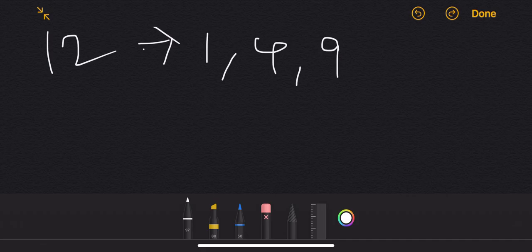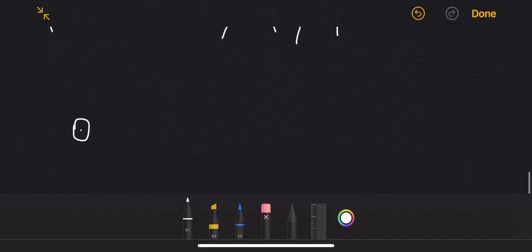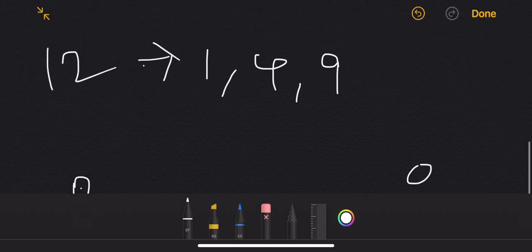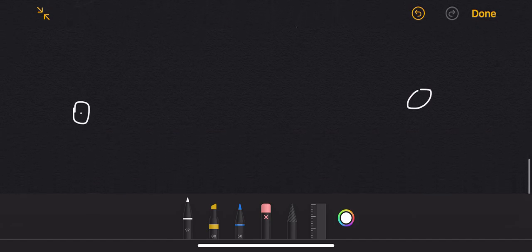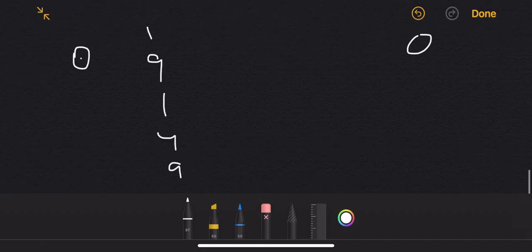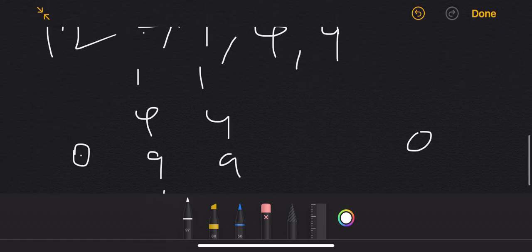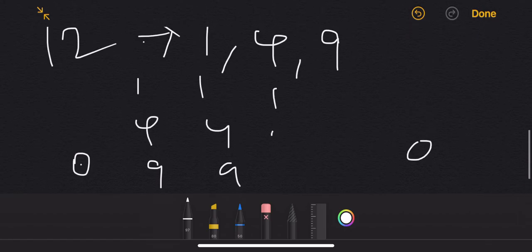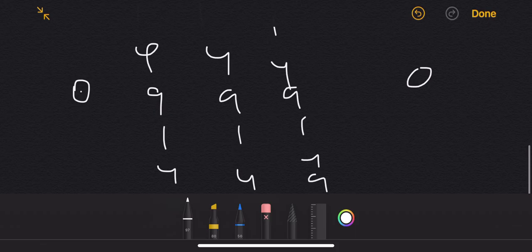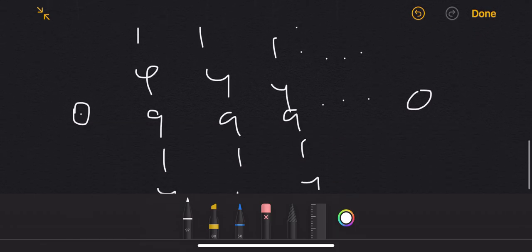So this is like something where from one point we can go to multiple different points. Let us say we are at one point and we have to go to another, and what are all the options here? We can take 1 any number of times, we can take 4 any number of times, we can take 9 any number of times. So just to visualize, let's write it like this: 1, 4, 9, and again 1, 4, 9, and so on, and again 1, 4, 9, and so on and so on.